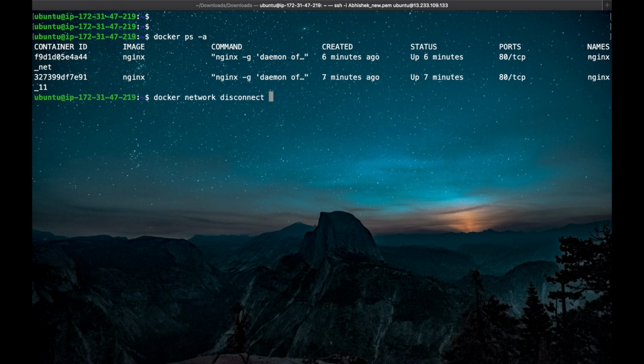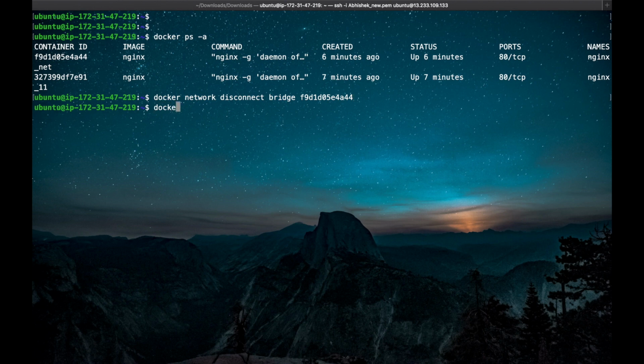After this command we have to provide a network name, so the network name is bridge. And the container that we have to remove from that network, we can use container ID or container name here. Once we execute this command, this container will be disconnected from my bridge network.